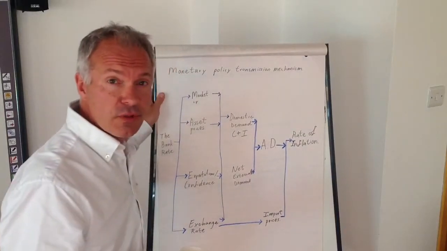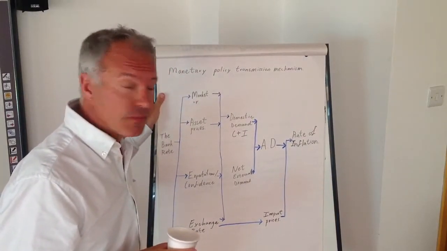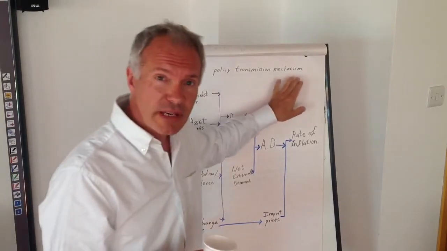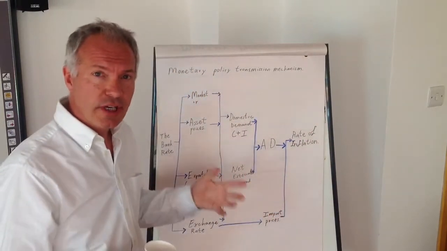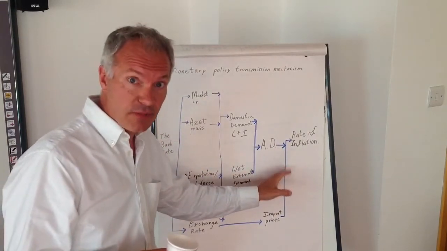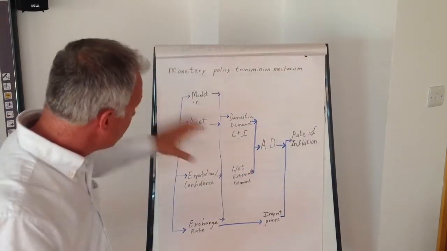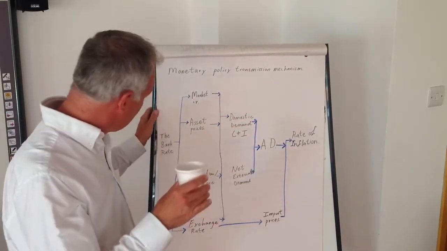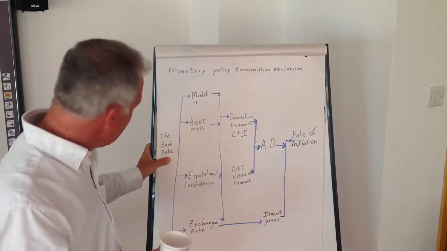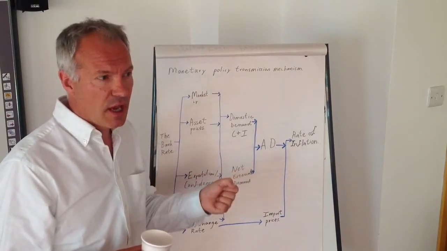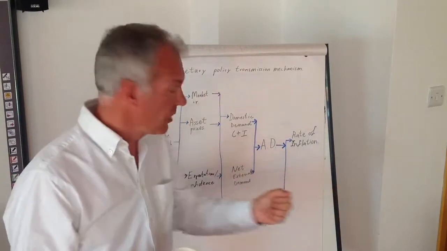So, welcome to monetary policy and something called the monetary policy transmission mechanism. In other words, how a change in the bank rate affects the real economy. It occurs through this mechanism, and is really quite straightforward. The bank rate is the rate at which the Bank of England lends to ordinary high street banks